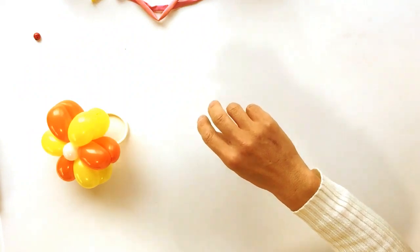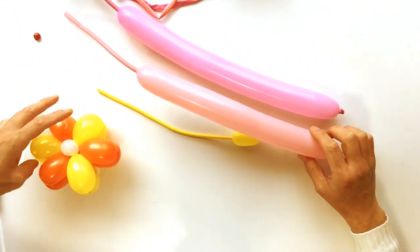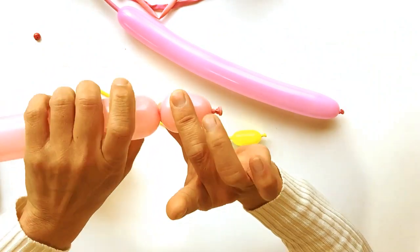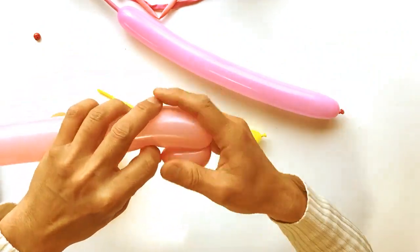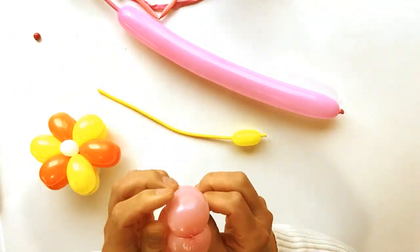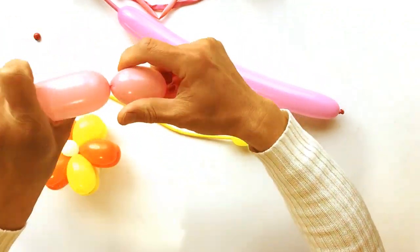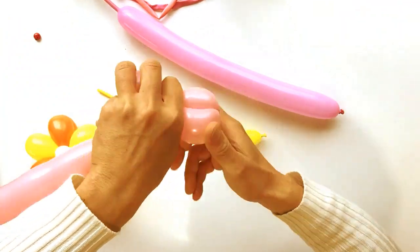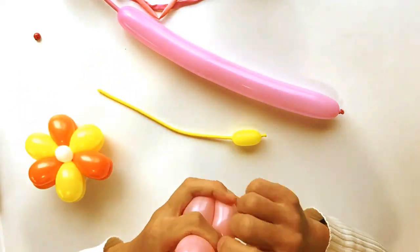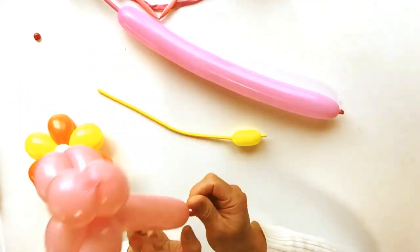I already inflated balloon. もう膨らませます。じゃあ早速いってみましょう。ちょっとちっちゃくして色を変えます。とってもちっちゃいバブル。Small bubble and back one petals, two same size but same size two, three, make three petal. 花びらを3つ作ります。はい、one two three and